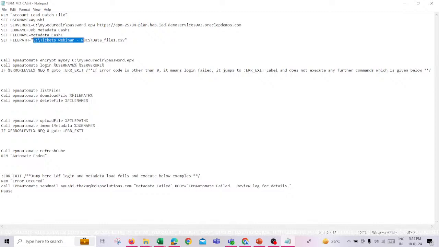In double inverted commas I have to give over here my file path and my file name. File path has already been pasted over. Now this is the file name. Okay, now let's just save this